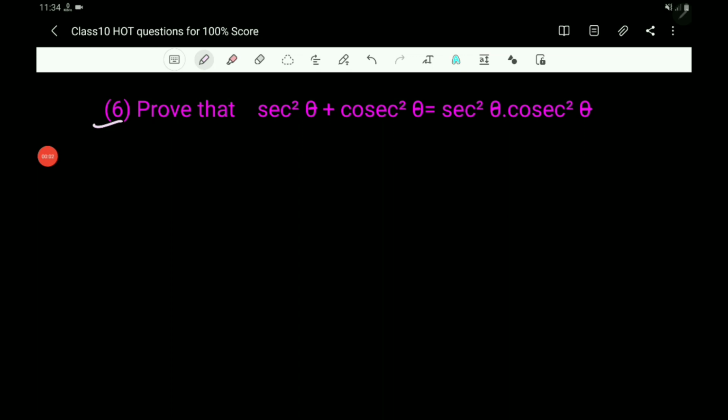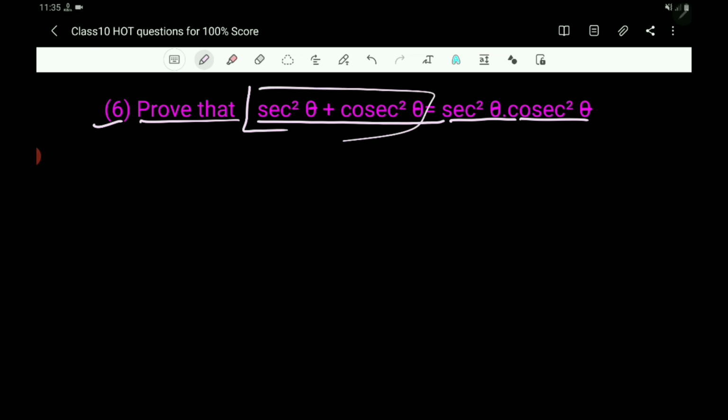Now you take the 6th question. Prove that sec square theta plus cosec square theta equals sec square theta into cosec square theta. That is secant square theta plus cosecant square theta equals secant square theta into cosecant square theta. Now you consider the LHS. So write, first you take LHS. LHS equals secant square theta